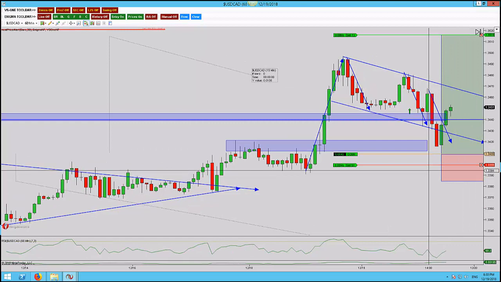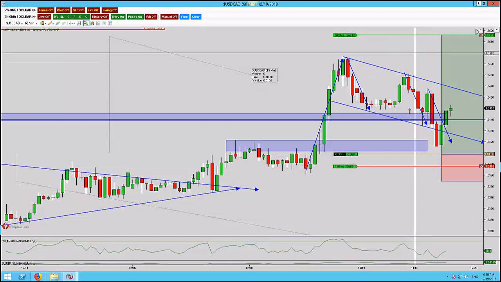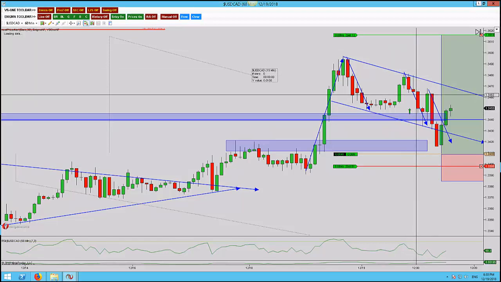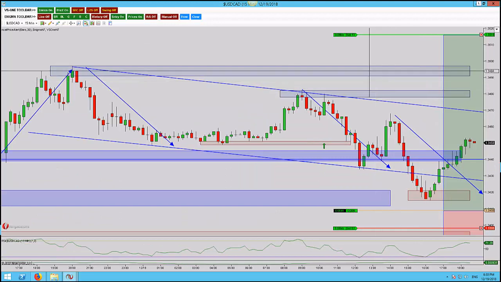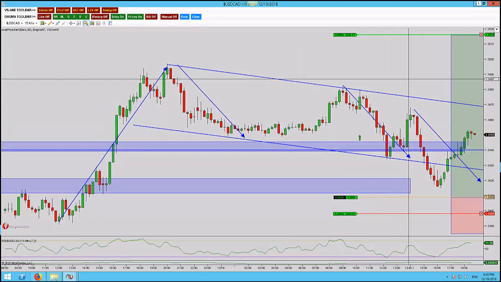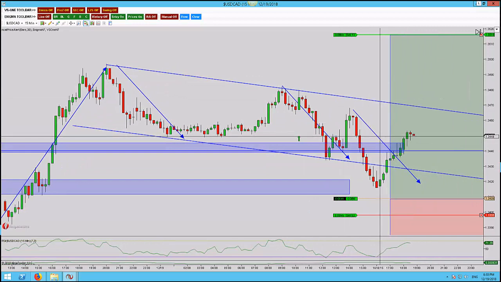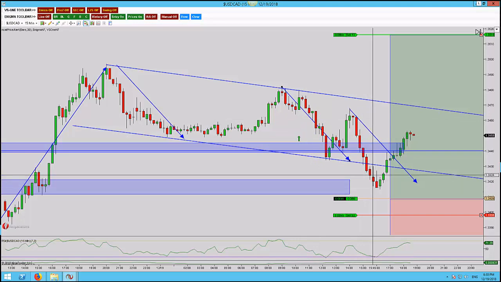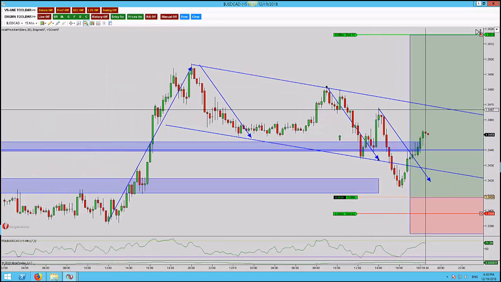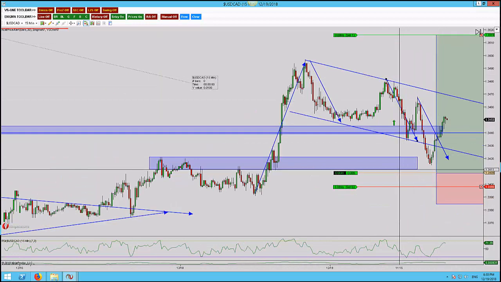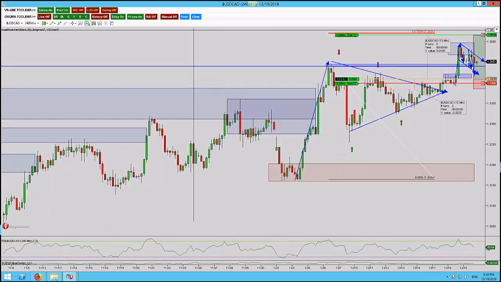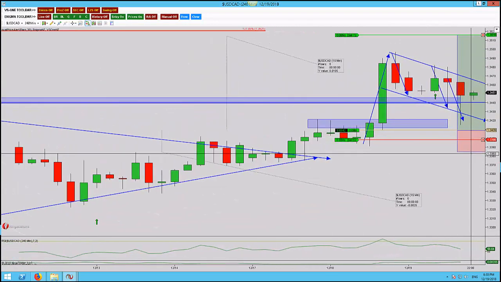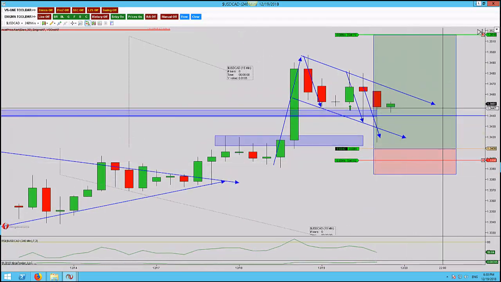and then it turned. Now I was also playing with the idea of moving my stop down a little bit because we've clearly not gone on to hit targets, and this for me is a very high probability trade. So I dropped down the time frames and I said to myself, well, we could actually be putting in an AB equals CD pattern, and that's exactly what we did here. We came down, went a little bit past it, and just literally turned. Now, does this mean that we're going to go up and hit targets? Nope, it does not. But go to the 240, and what you can see now is that we have a long wicked candle to the downside,